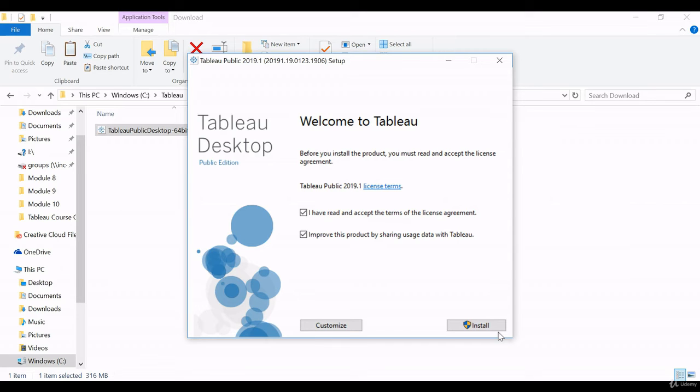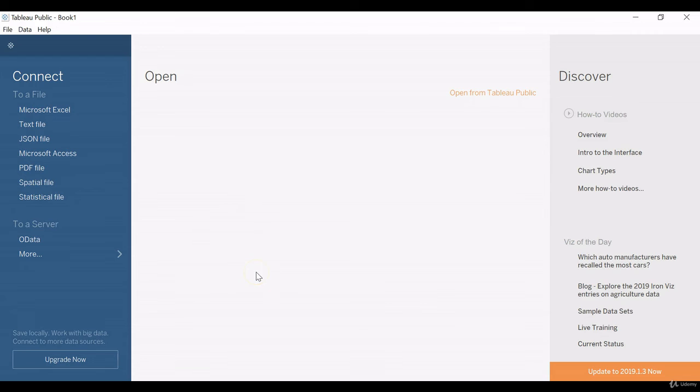Okay, I have already done it. That's why I'm not able to show that. I'll show you how the Tableau Desktop version looks in the beginning. Once you open the Tableau icon, it looks like this. On the leftmost side, there is Connect, then Open, then Discover. So this is how we can install Tableau Desktop